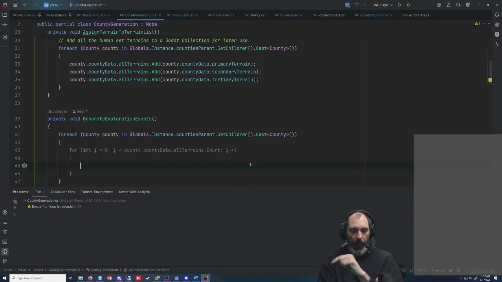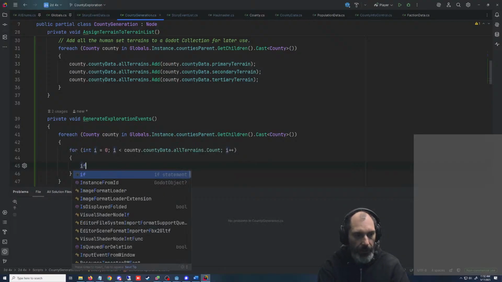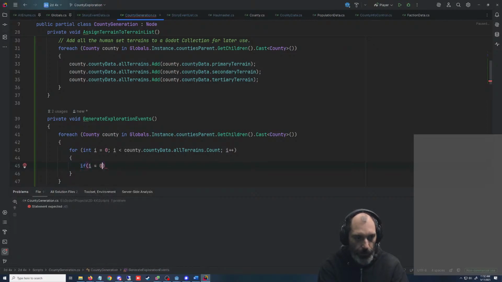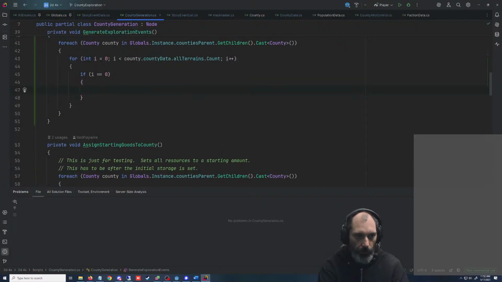And then we randomize all those events. But we don't have enough events to test that, but let's set it up as if that's the case. If i is equal to 0, we wanted to randomly pull